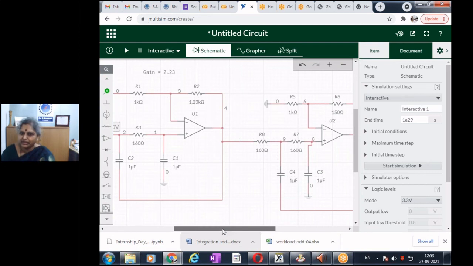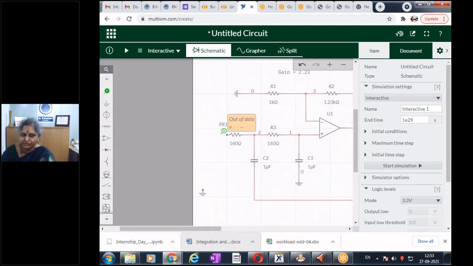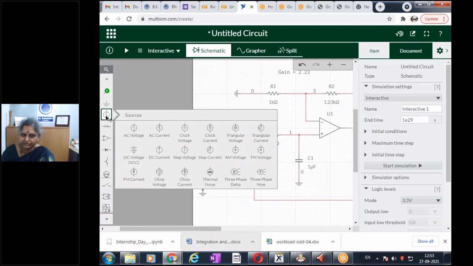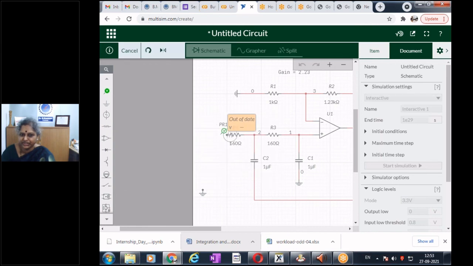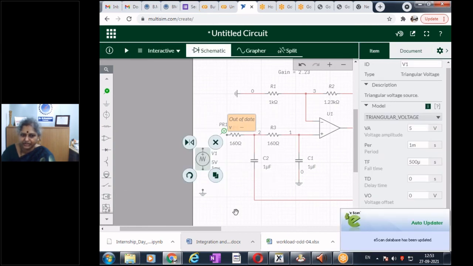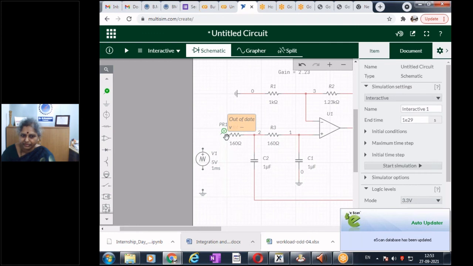So this is something that has happened. Let us see if I have a sawtooth. Let's try to give a triangular voltage generator. Okay, so now what I will do is I will remove this square wave generation, and let me change my voltage and put this triangular voltage generator, and let us see what happens.